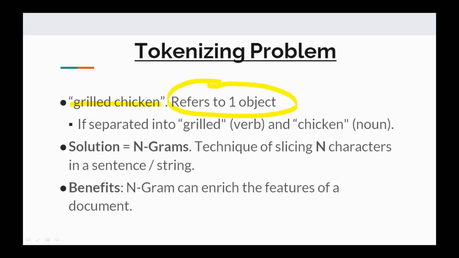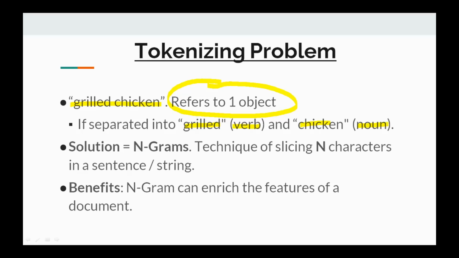If separated into grill and chicken, grill will become a verb, and chicken will become a noun. This is the problem in tokenizing.